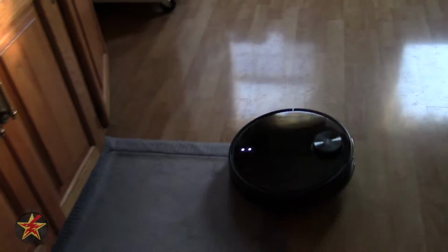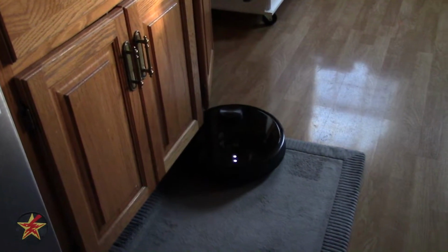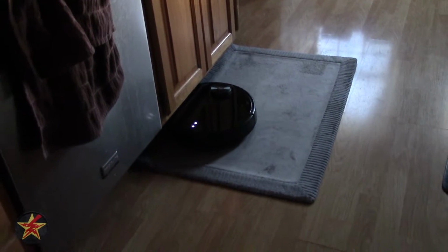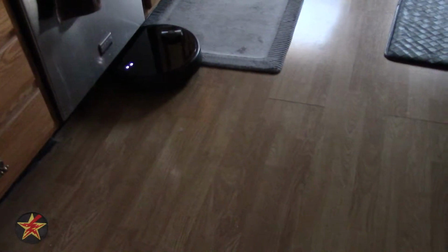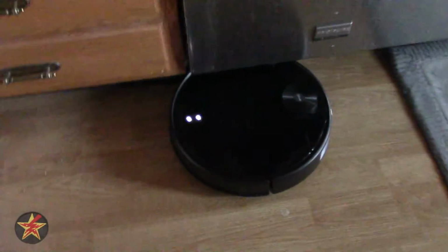Also, admittedly, I did not clean anything because I wanted to see how well this would do. So I'm going to let this run and see what it does. All these settings on the vacuum itself, I did not change the power suction. It's on the standard power suction,